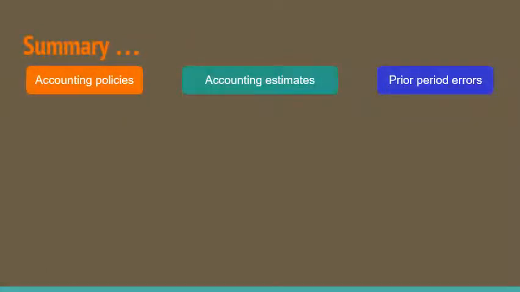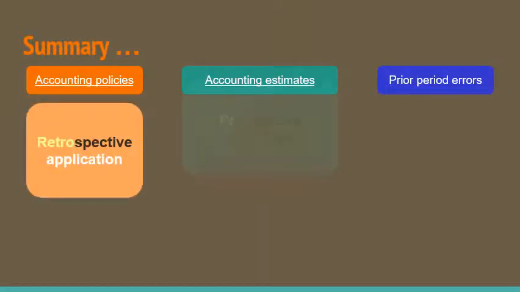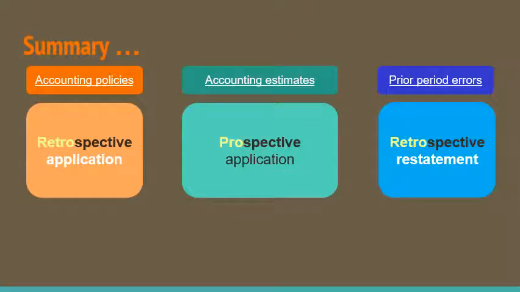So there you have it, the accounting treatment for effects of change in accounting policies, accounting estimates, and correcting of prior period errors: retrospective application, prospective application, and retrospective restatement, respectively. And for retrospective application and restatement, the effect should be shown in the opening balance of related assets, liability, and equity for the earliest period that is practicable for the entity. And if it is not practicable to apply a new accounting policy retrospectively, we have the option to apply it prospectively.